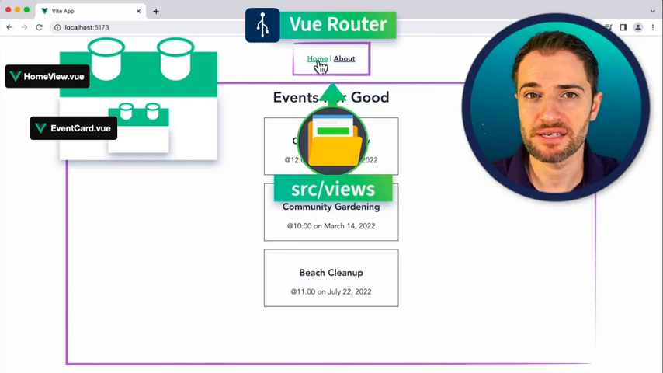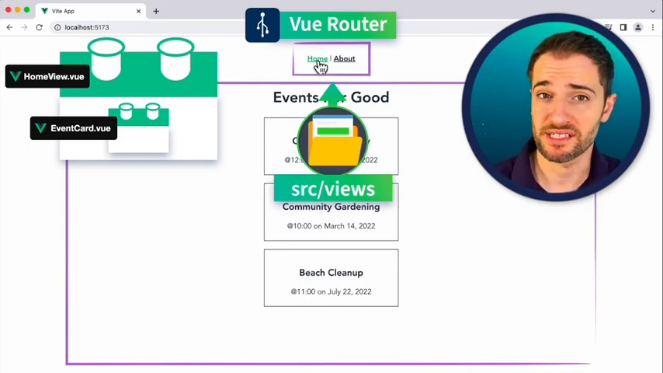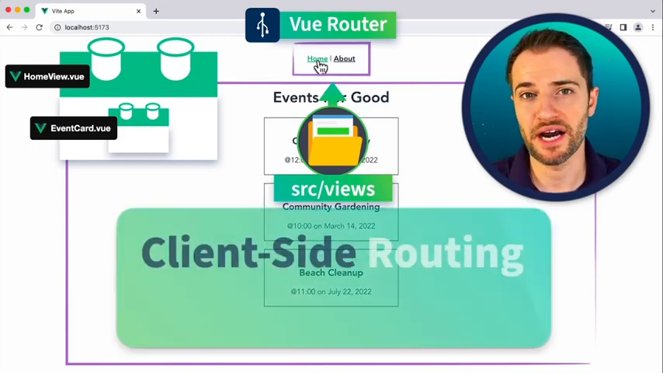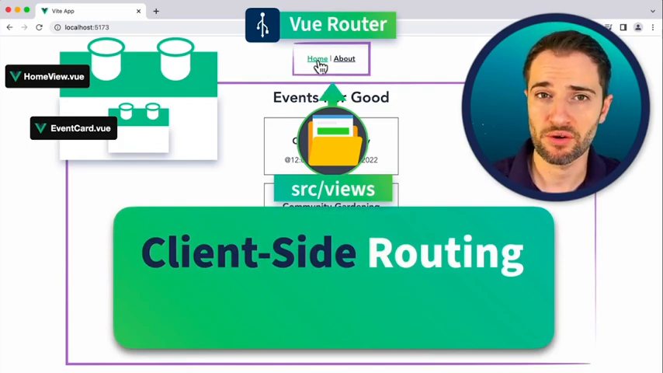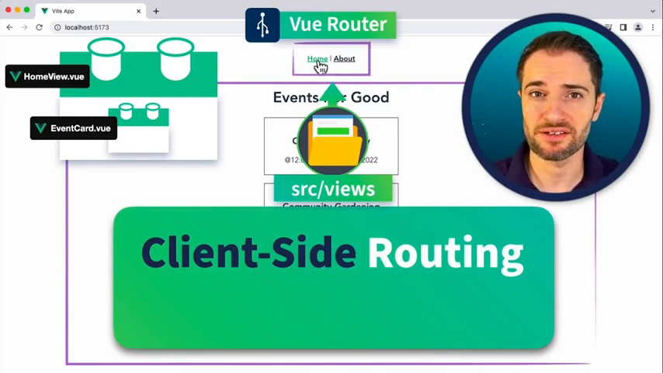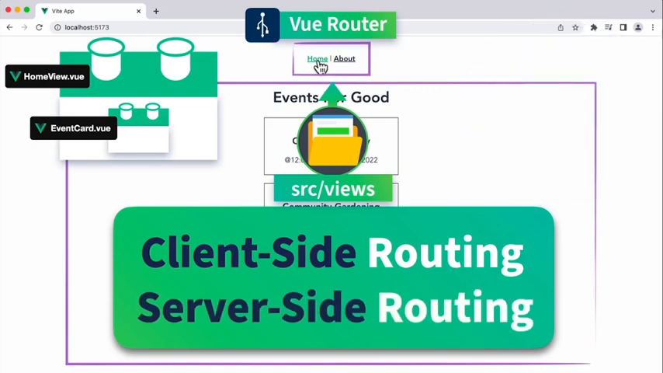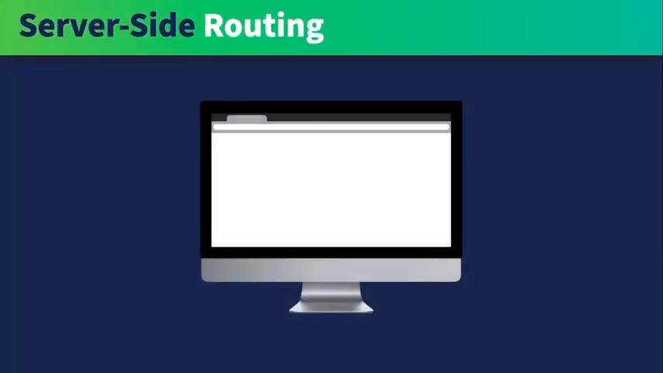So really what we're talking about here, which Vue Router helps us achieve, is called client-side routing. Now this differs from the older and more traditional kind of routing called server-side routing. So before we dive deeper into client-side routing, let's get a foundational understanding of server-side routing to see how client-side